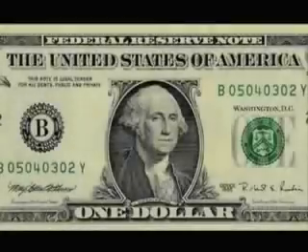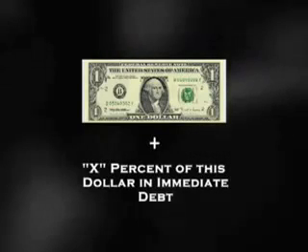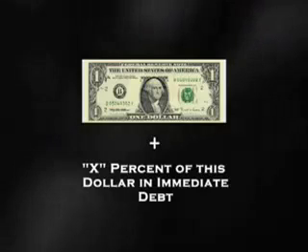It doesn't take a lot of ingenuity to figure this scam out. For every single dollar produced by the central bank is loaned at interest. That means every single dollar produced is actually the dollar plus a certain percent of debt based on that dollar. And since the central bank has the monopoly over the production of the currency for the entire country, and they loan each dollar out with immediate debt attached to it, where does the money to pay for the debt come